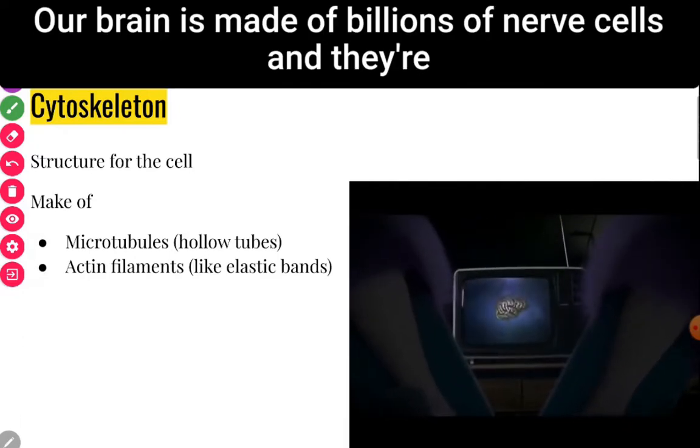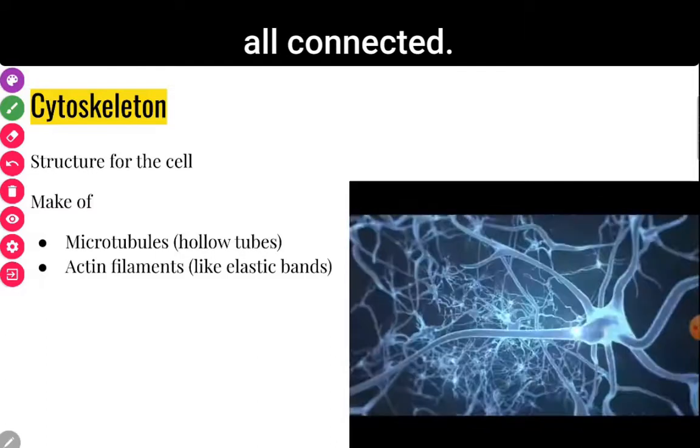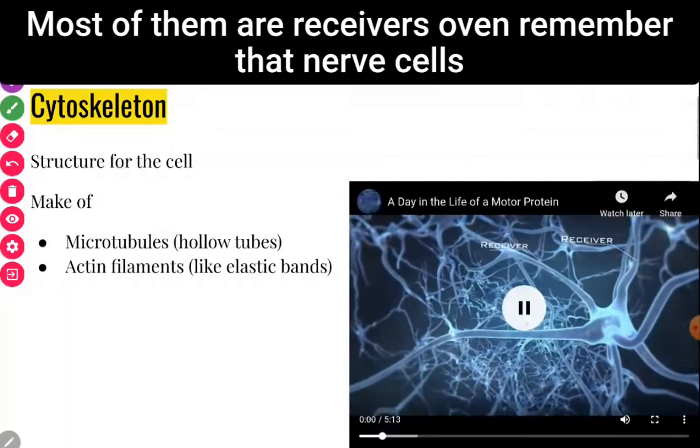Our brain is made of billions of nerve cells, and they're all connected. If we take a closer look, a nerve cell seems to have antennas. Most of them are receivers of...